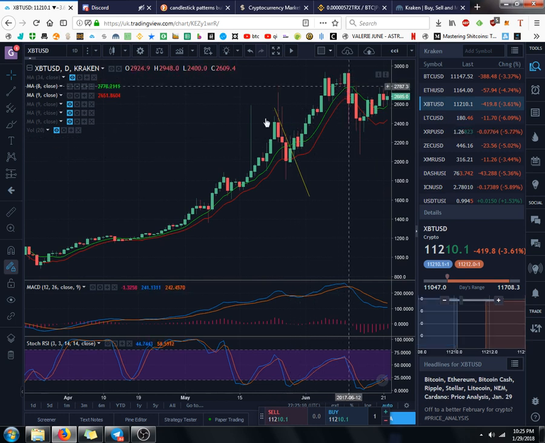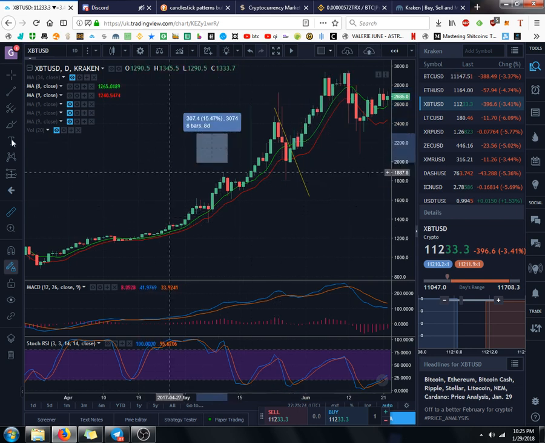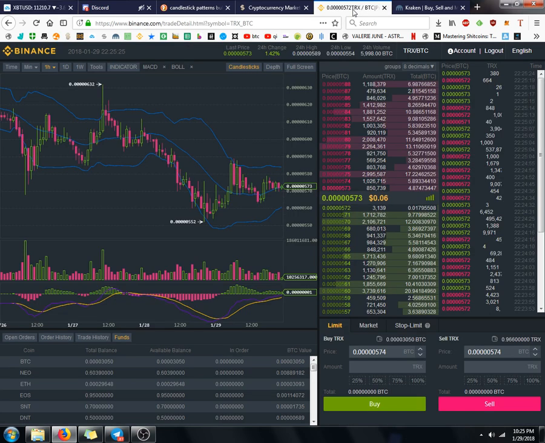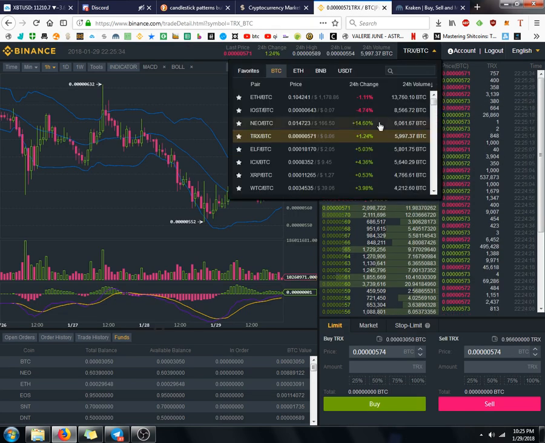You could use the green line as an exit as well. So there, that's 25% in 14 days. That's pretty great as well. But it's different when you go down in the time frames, depending on the coin as well. So if you're using a coin, you can go on to Binance, right, and hit 24-hour volume. It shows you the coins that have the highest volume. So these are coins you want to be looking at and testing this strategy on, because they have loads